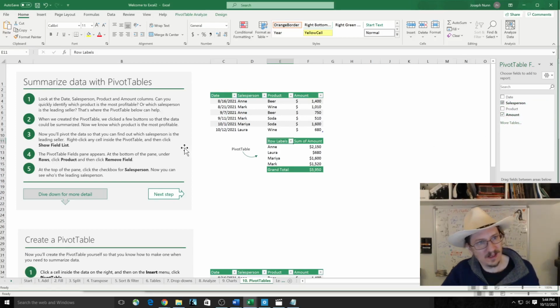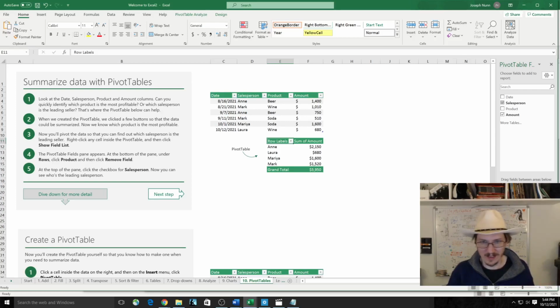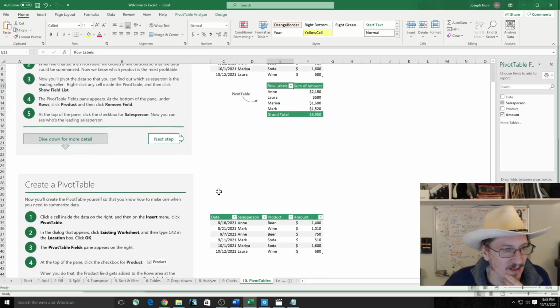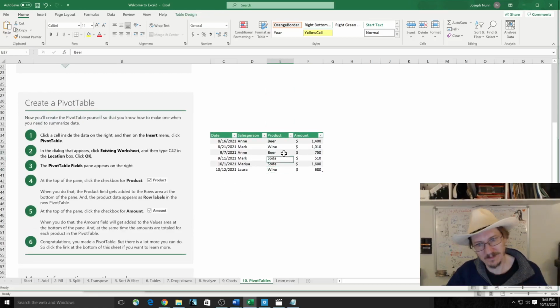Pivot tables summarize the data, and then you can say, oh, I want to look at it one way, or I want to look at it another. Do I want to see which salesperson is generating the most money, or what product is selling the most? The pivot table allows you to do this easily. So we're going to click inside this table,